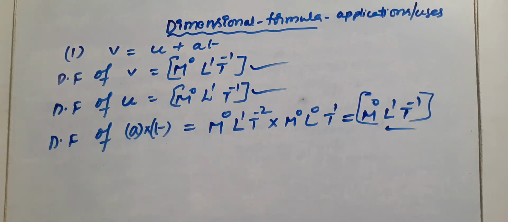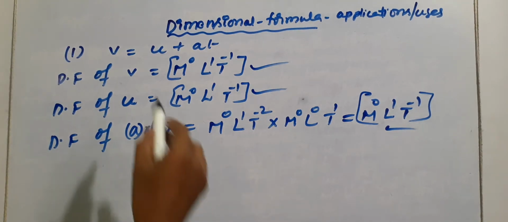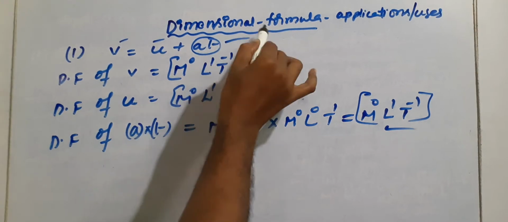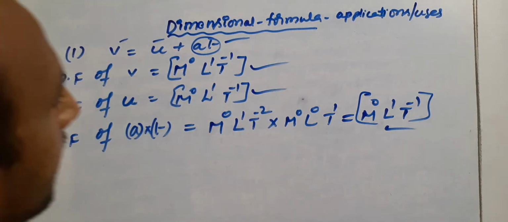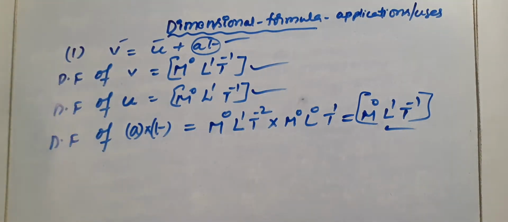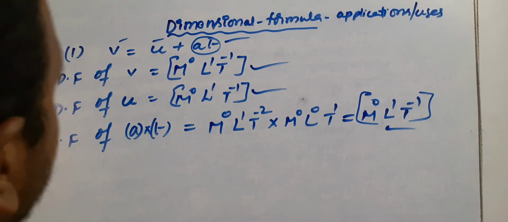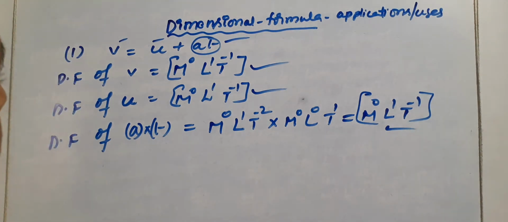You can see that every term, with these two in the form of a product as one term, has the same dimensional formula. So the given equation is a correct formula. This satisfies the principle of homogeneity: the dimensional formula of every term on the left side of the equal sign is equal to the dimensional formula of every term on the right side of the equal sign in the given equation. So it is correct.